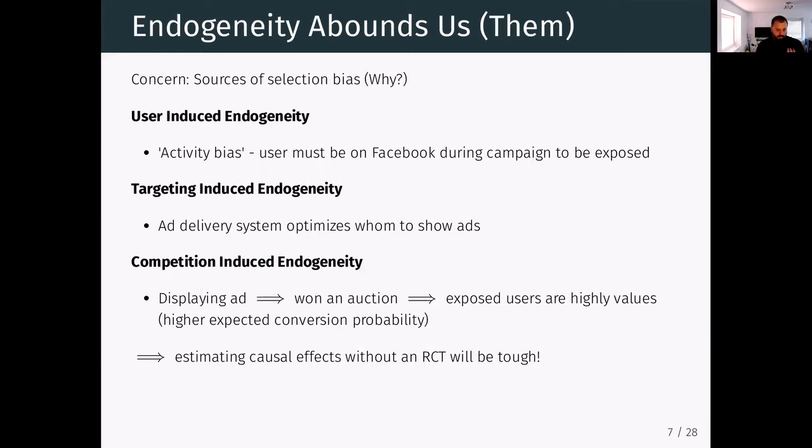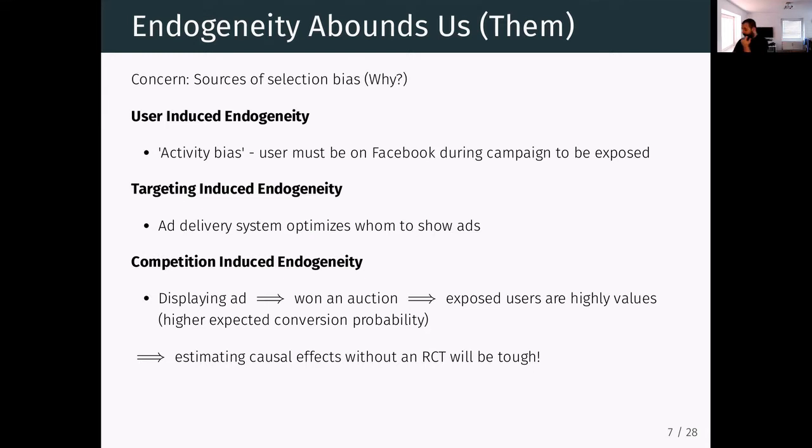So what they do, I think, really well in this paper is carefully explain all the wrinkles that lie in digital ads on social media platforms, or digital advertising more generally, and point out that there's a lot of endogeneity out there, which is going to bias traditional estimates. I explain what it is, why it might be there, and so on. And the reason they're worried about this is the idea of selection bias. And why do we care about selection bias?